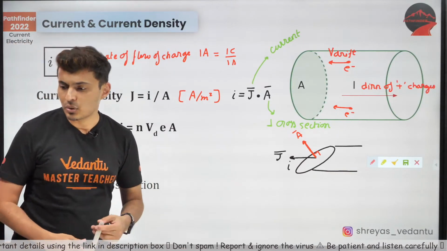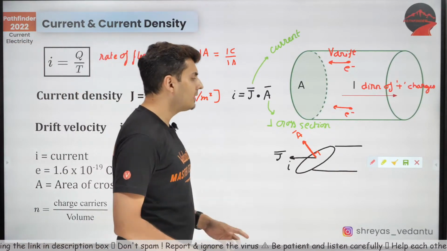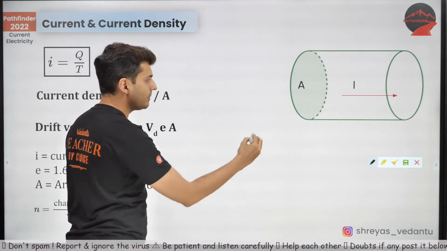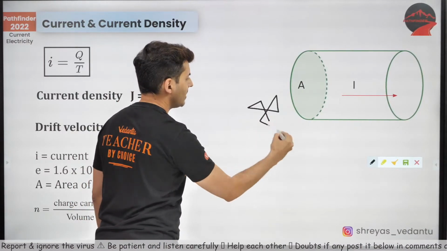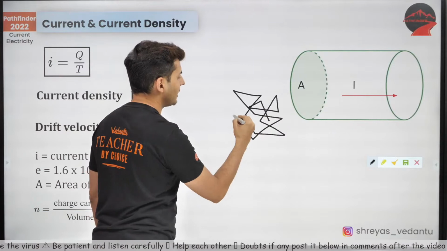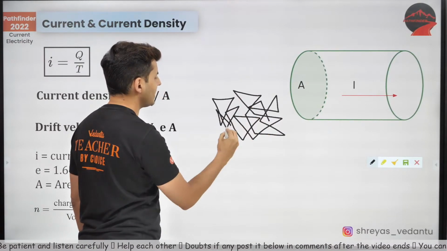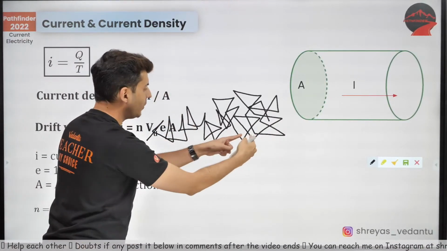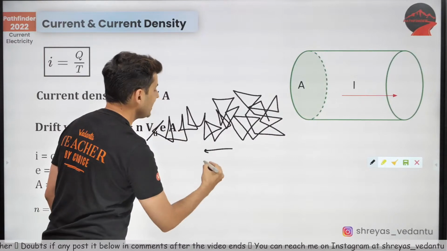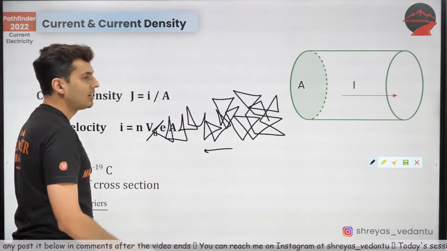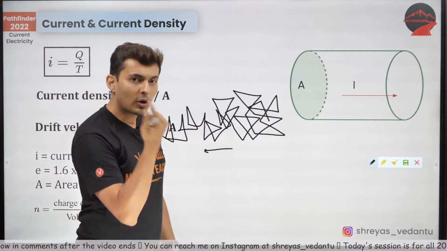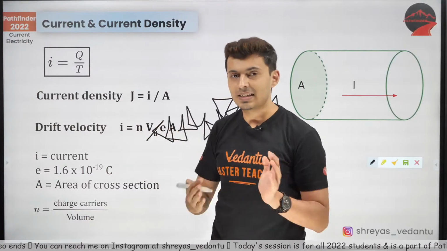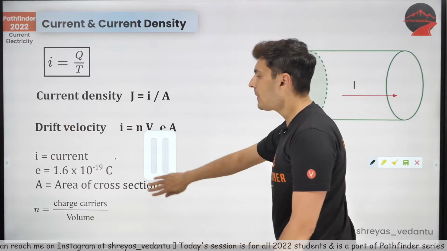Do electrons change path due to drift velocity? Well, here is the thing. Understand one simple logic. When electrons move, they do not move in a straight line path. They might move like this. This is the actual way in which electrons move. But on average, you will see that these electrons are slowly drifting. You can see slowly they are moving here. That average velocity by which they drift is called the drift velocity. So the electron's motion is random and slowly it keeps on shifting. That rate at which it shifts is called the drift velocity. I hope that makes sense.